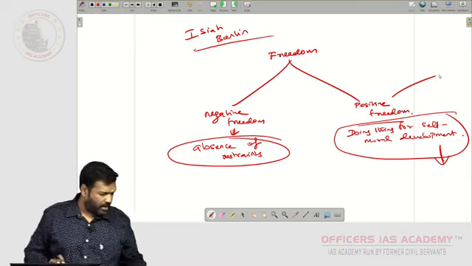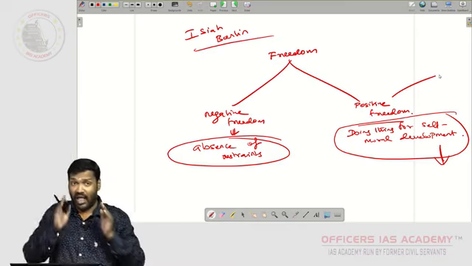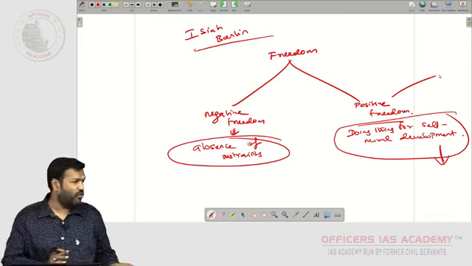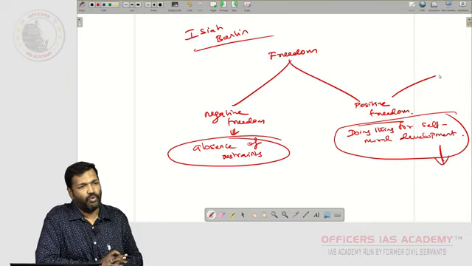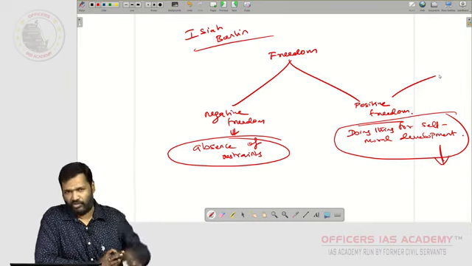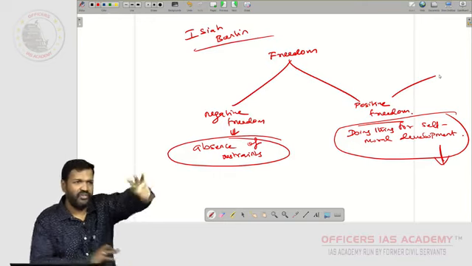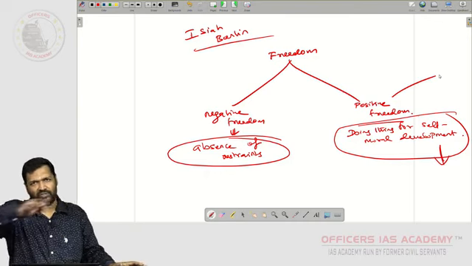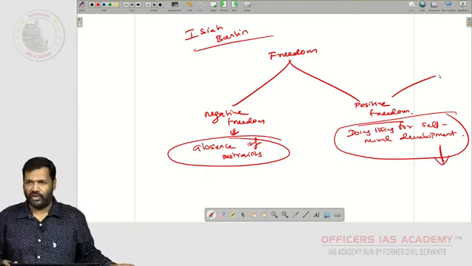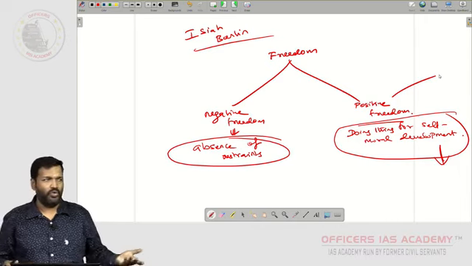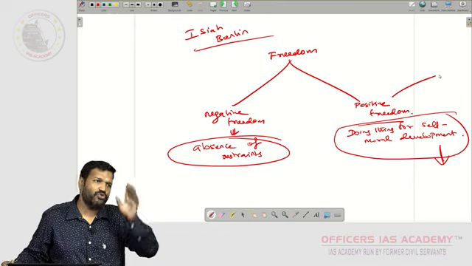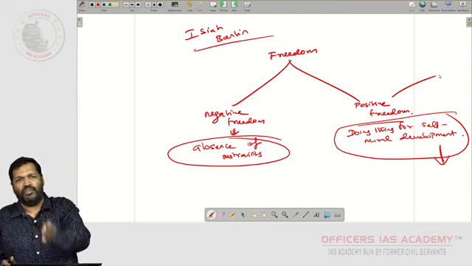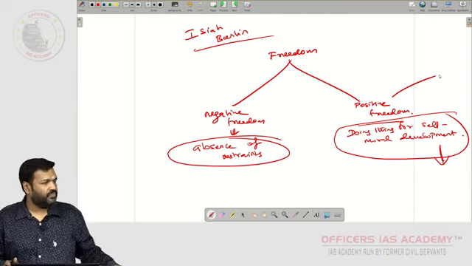So, again I am telling you, you can use liberty and freedom interchangeably, no doubt. But if you don't want to use also, no problem. If the question speaks about liberty, then completely finish with the word liberty and end it. If the question is asked about freedom, then completely start with freedom and end it. Okay, that also you can do. But even if you have used both, no problem. For 90% of the thinkers, liberty or freedom, one and the same. Any doubt in this?